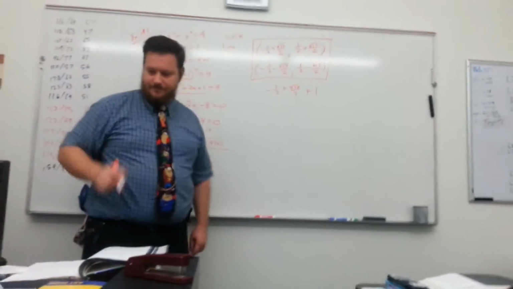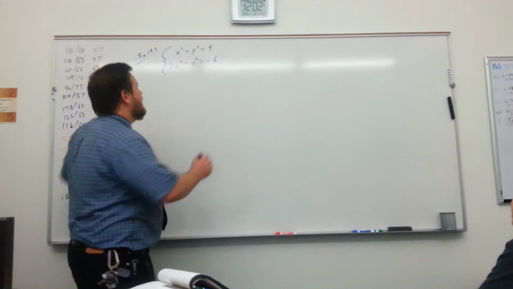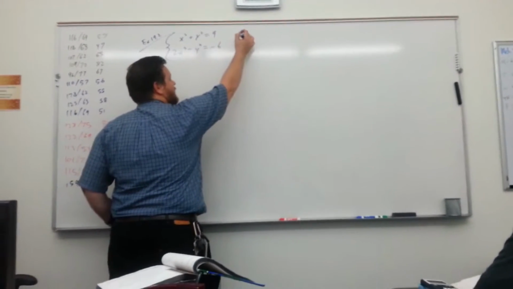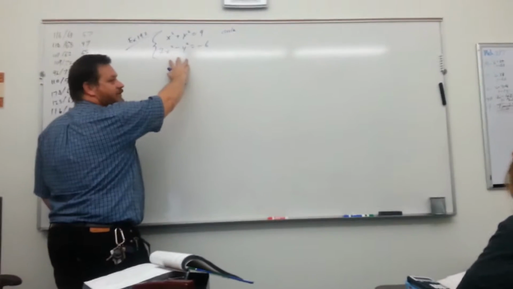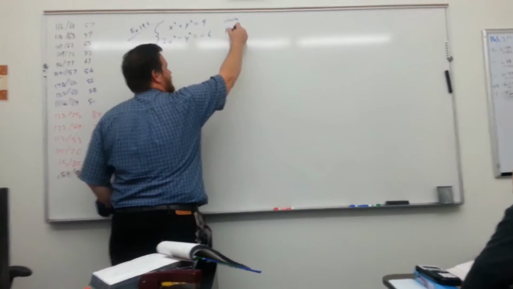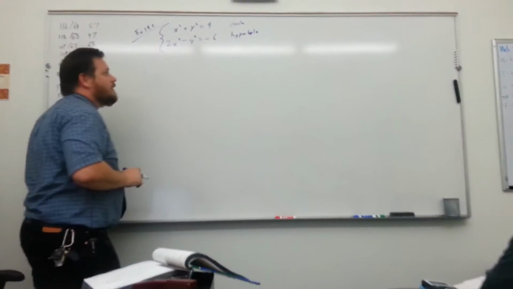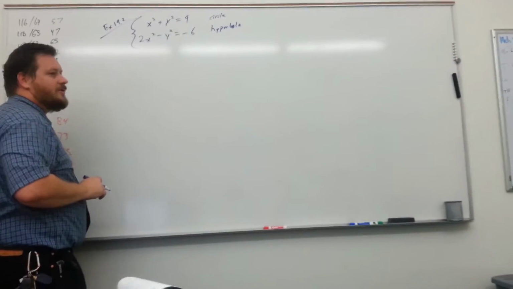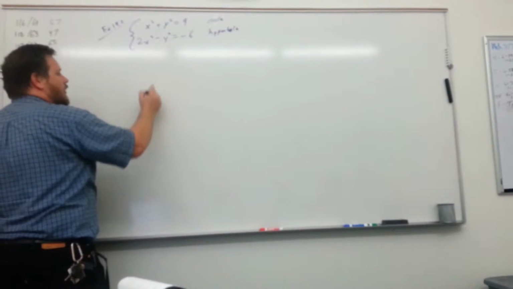Okay, stop. Example 19.2. 2 equations here. Do you remember what shape this makes? Circle. Circle. And this one here, I don't expect you to know this yet, but this makes a shape called a hyperbola. I can spell it. No, hyperbola, not a whatever. So, what this looks like,